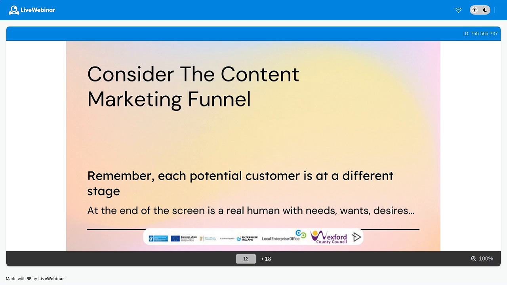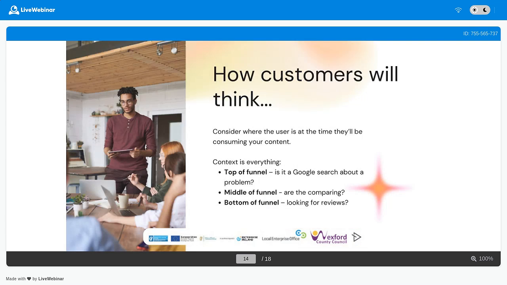And the ultimate thing to remember is, if you don't take anything else away from the workshop today, which hopefully you will, at the end of every screen, at the end of every device that a person is using, there's a real human with needs, wants, and desires. Can you plan for every single person? No, of course not. But using your customer profile or your personal profile, your avatar, whatever word you want to use,